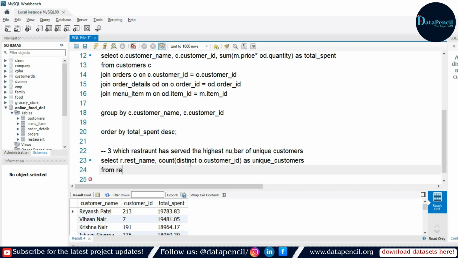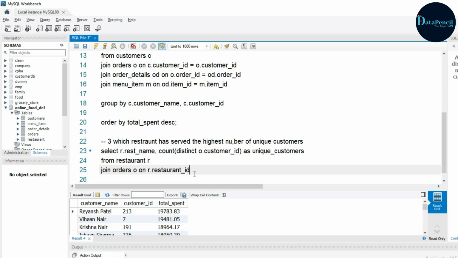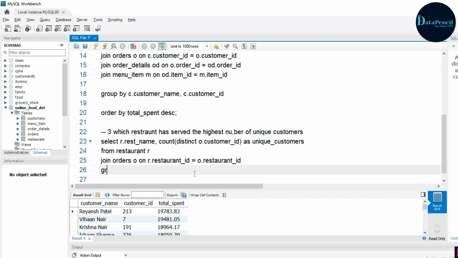From restaurant table R, as well as from orders table O. On what basis? On where the restaurants table restaurant ID is equal to the orders table restaurant ID. Now we will use the group by restaurant name